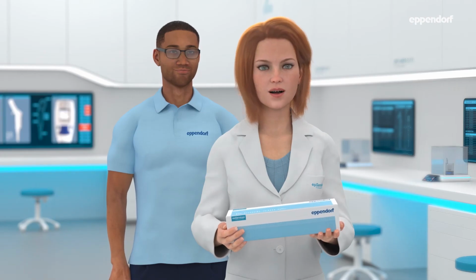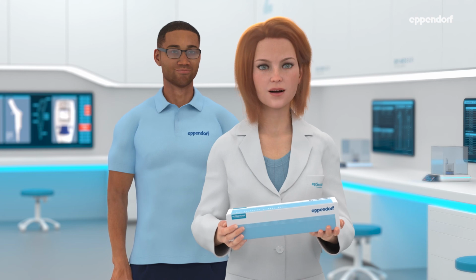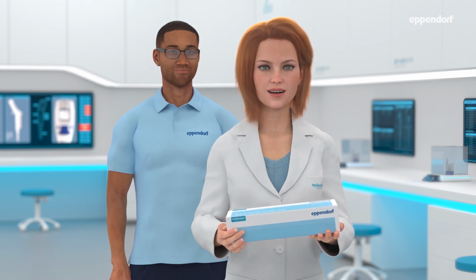Here you go, your fully maintained and tested pipette. And remember, a well-maintained and calibrated pipette is an accurate and precise one,